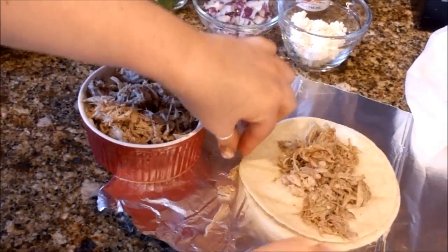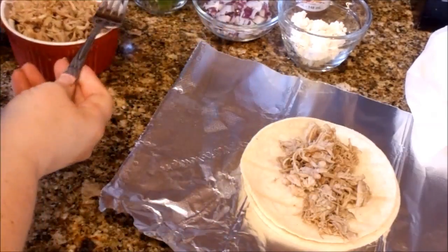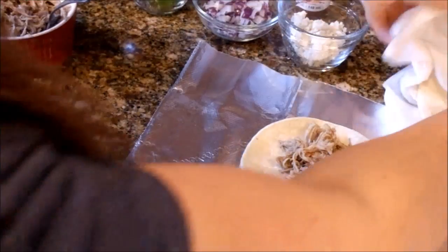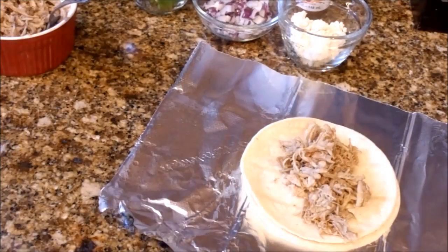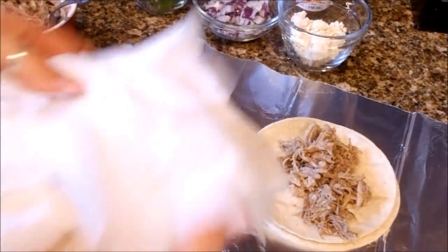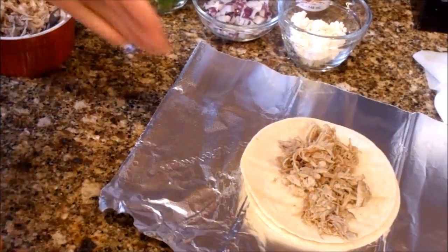Just like so. You can put as little or as much as you want. You can see that barely dented my bowl of pork. Now, I'm grabbing this to wipe my hands, and it's the thing holding my shells. I gotta put that back there. The towel's over here. Okay, so the next thing we want to do is